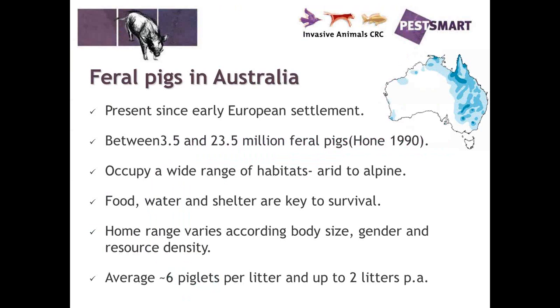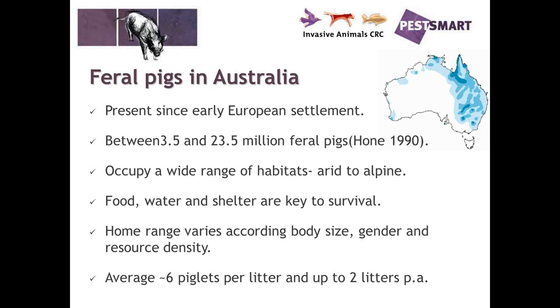Okay, so feral pigs in Australia. They've been present here since early European settlement. They're initially concentrated around settlement areas, but they've since spread throughout a majority, or almost 40% of the mainland. This is through illegal and accidental translocation. A lot of these have dispersed through and along waterways, and you can see there the map of Australia with some of the heavier infestations being in those west areas.